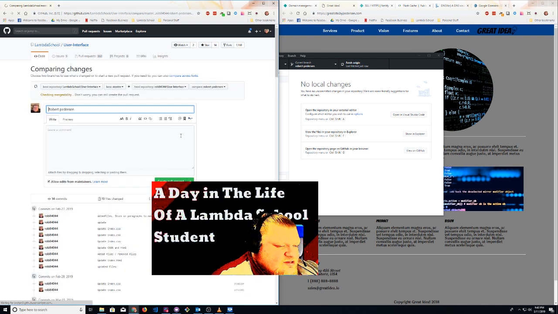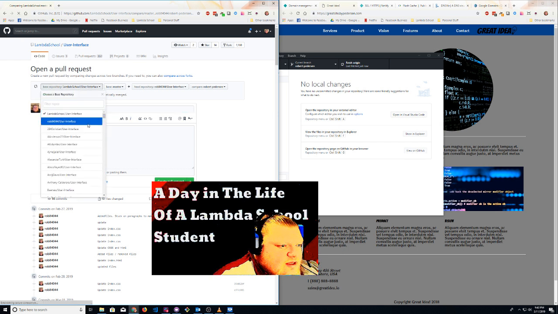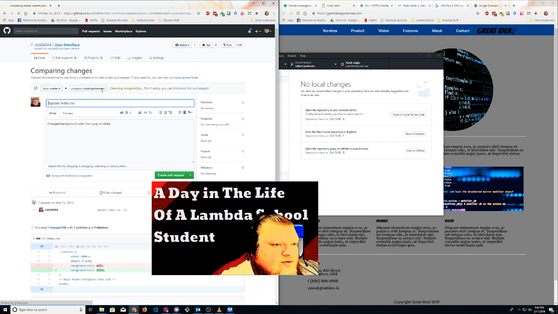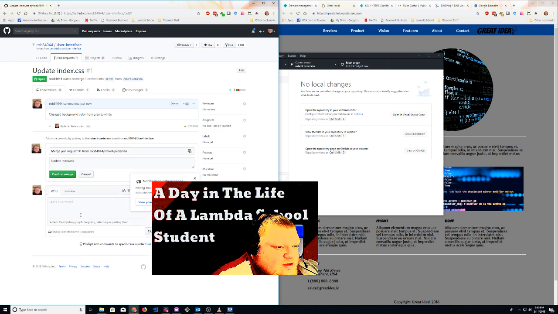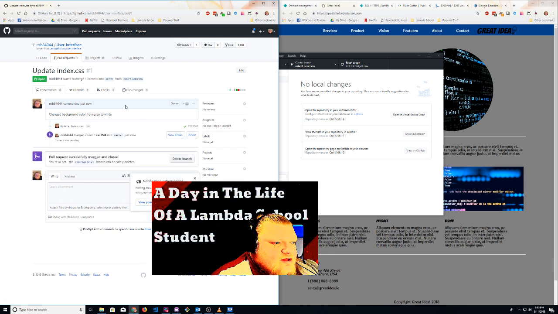Basically, this is version control. A little advanced for this video, but it's going to change this real quick. Create pull request, and then we're going to merge it because it should be good to go. We're going to confirm the merge, and now what this has done is changed our project from a gray background